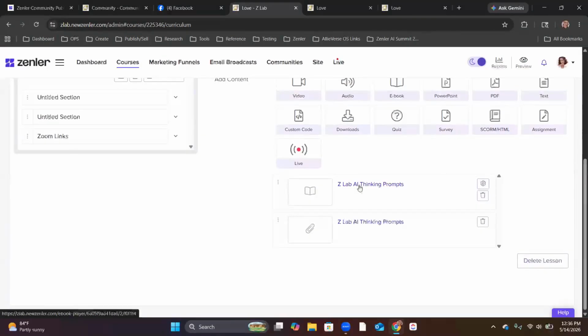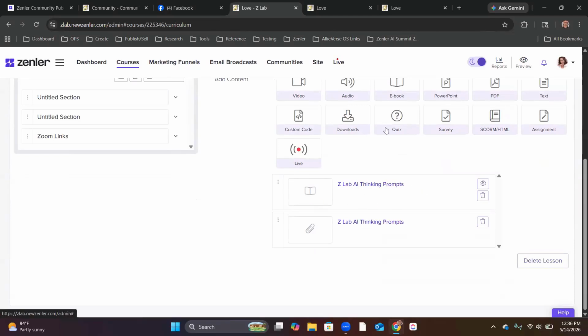So get all of your worksheets into one downloadable PDF file with 10 pages, however many you have. Even if they're one-off sheets, it doesn't matter. Two or three go together, then this one's separate, whatever, all together, and you'll have a book people can look at and flip through.